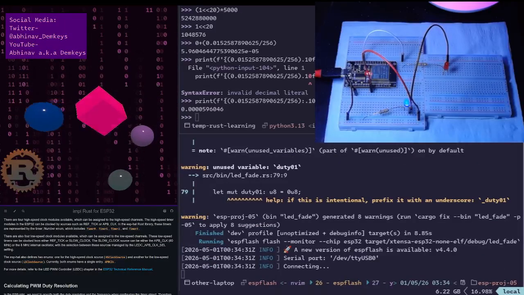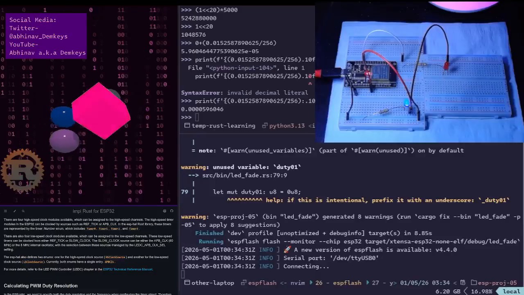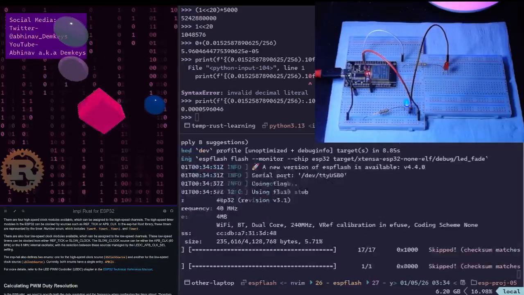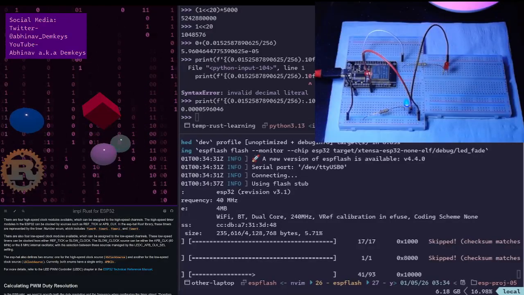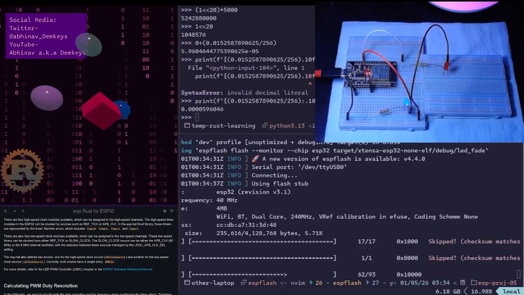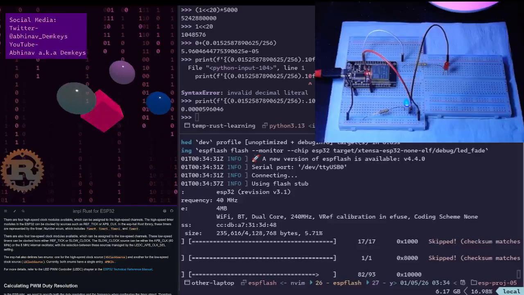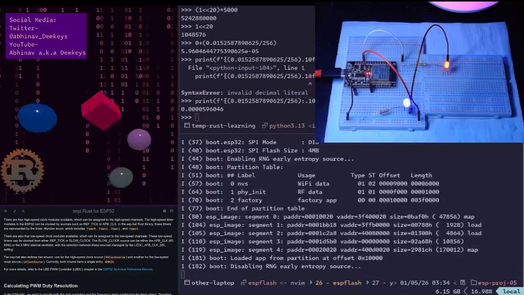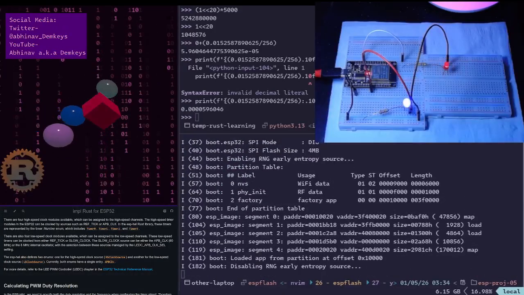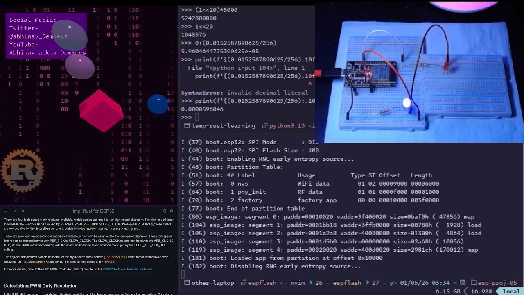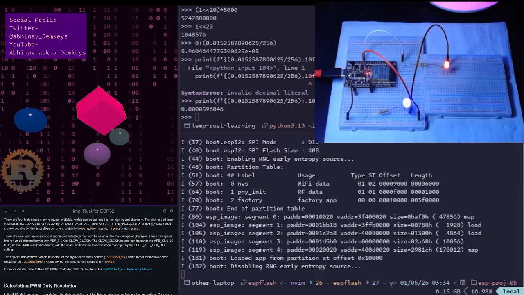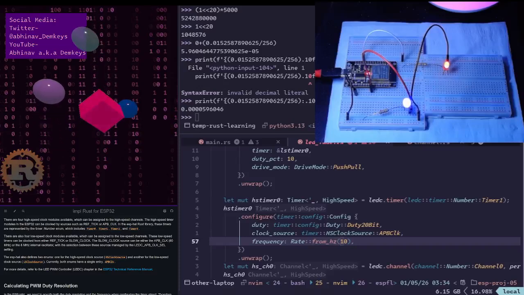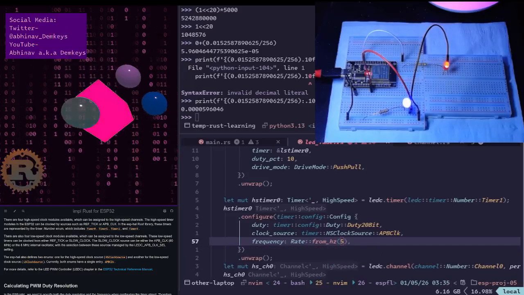It turns out that if the clock divider in the calculation, yeah, so this is pulsating pretty fast, so I'm just going to slow it down a little bit and run it like that. Okay, so it turns out that if the clock divider value ends up being less than 1,